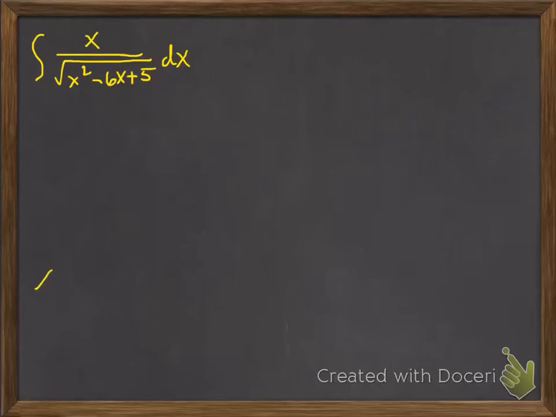In this video, we're going to look at integrating this particular function. We have x over the square root of x squared minus 6x plus 5. If we try our traditional u substitution, that's not going to work. So maybe what we want to do first is complete the square of that denominator and see what we're looking